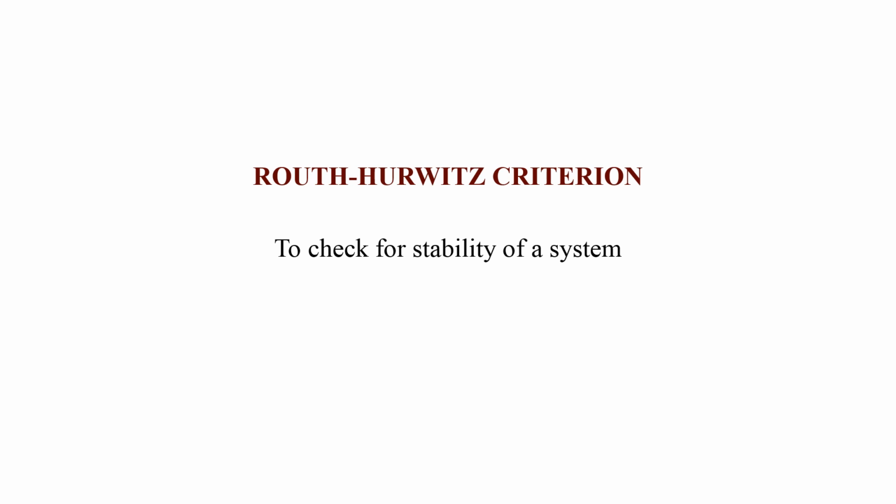Now we are going to concentrate on Routh-Hurwitz criteria. That is nothing but RH criteria. This criteria is a technique for finding the stability of a system. Means by using this criteria or this technique, we are going to conclude whether the given system is a stable system or an unstable system. This is the use of RH criteria. Means we are going to find out the stability of a system.